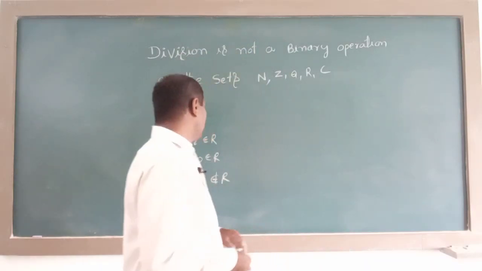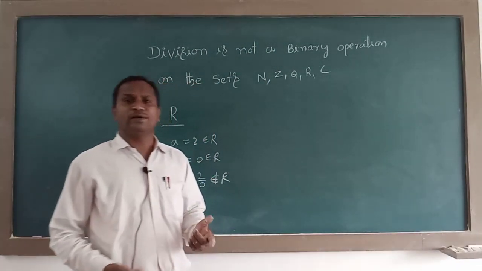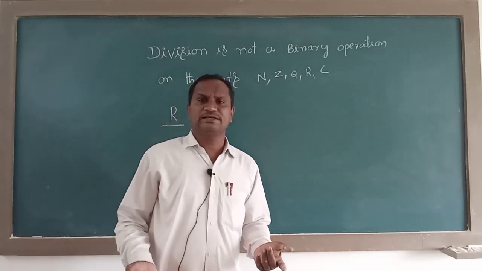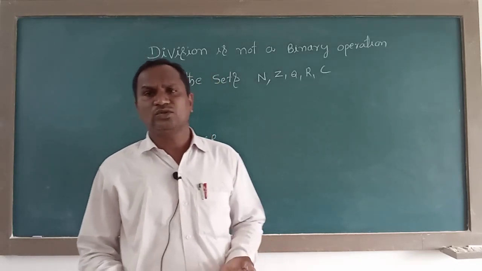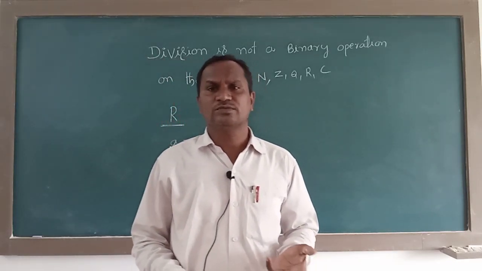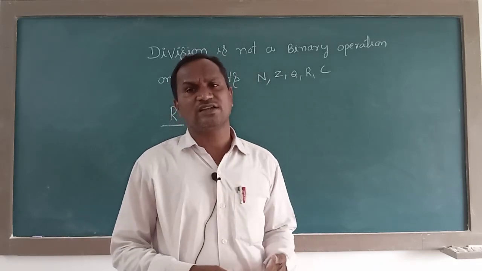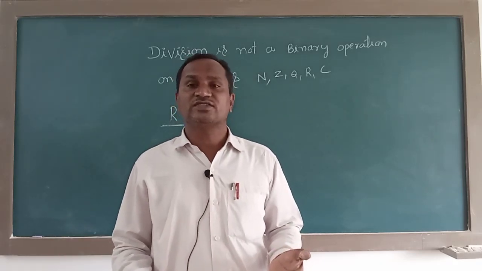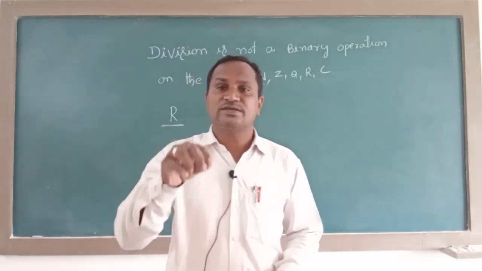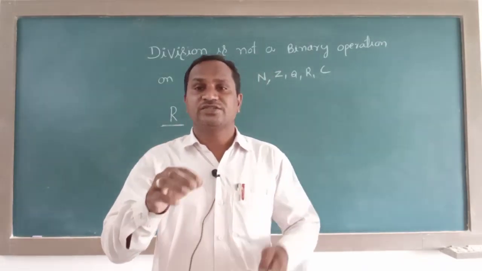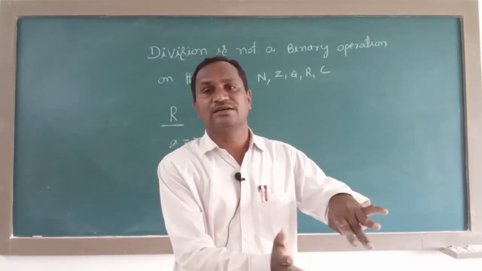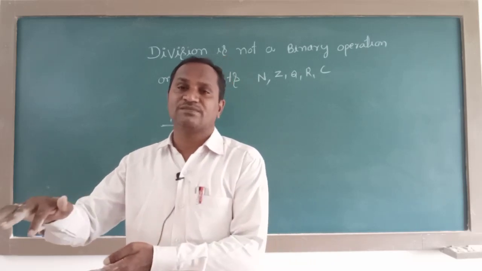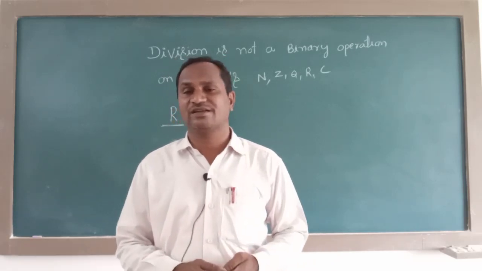Similarly, in the same way, you may raise doubt here. Sir, can we take numbers like 2 by 3, 4 by 5, 6 by 7, 7 by 8? Why can't you take those? But why are you taking these? You may raise doubt. According to the definition of a binary operation, it should be satisfied for all. It is satisfying some numbers and not satisfying others, which means it is not a binary operation.